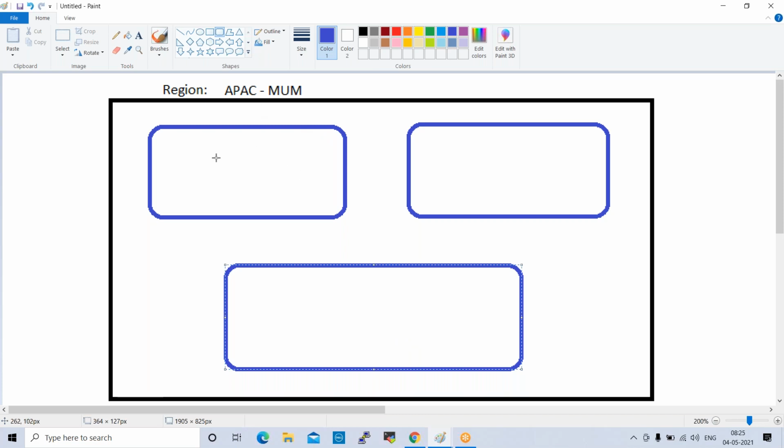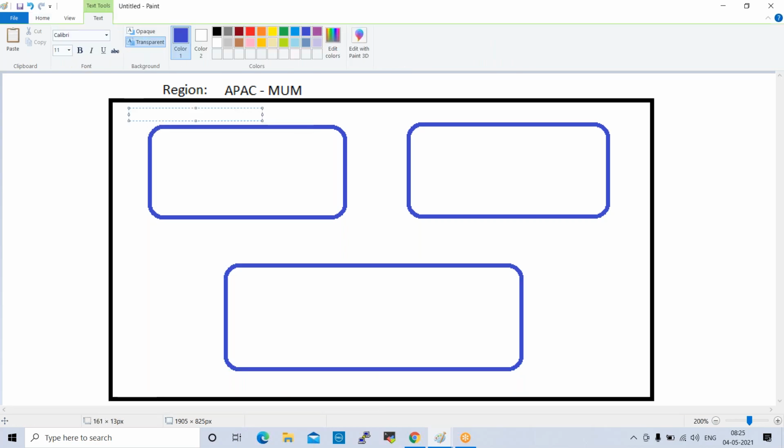So what is an availability zone? What is the use of this? An availability zone is also a data center. This is availability zone 2A, this is 2B, this is 2C.